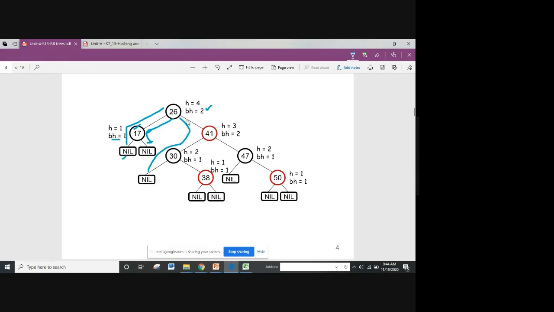And when I travel like this, it is 2 only. Similarly, in every direction from 26 it is 1, 2. So for 26, my black height is always 2.